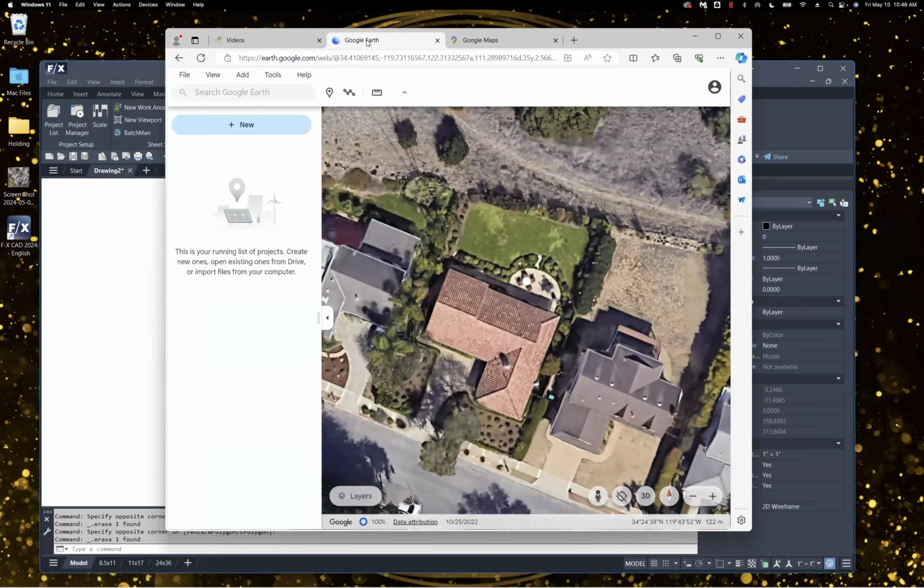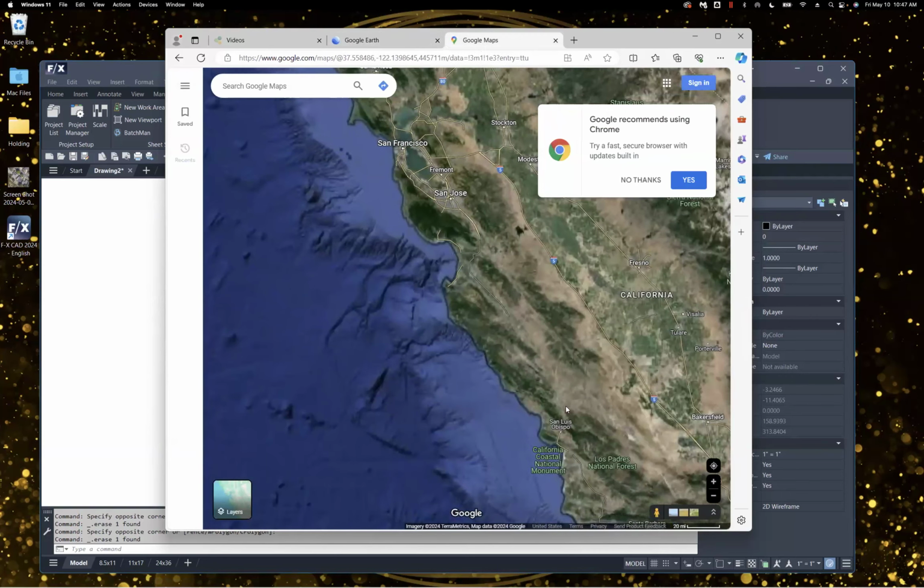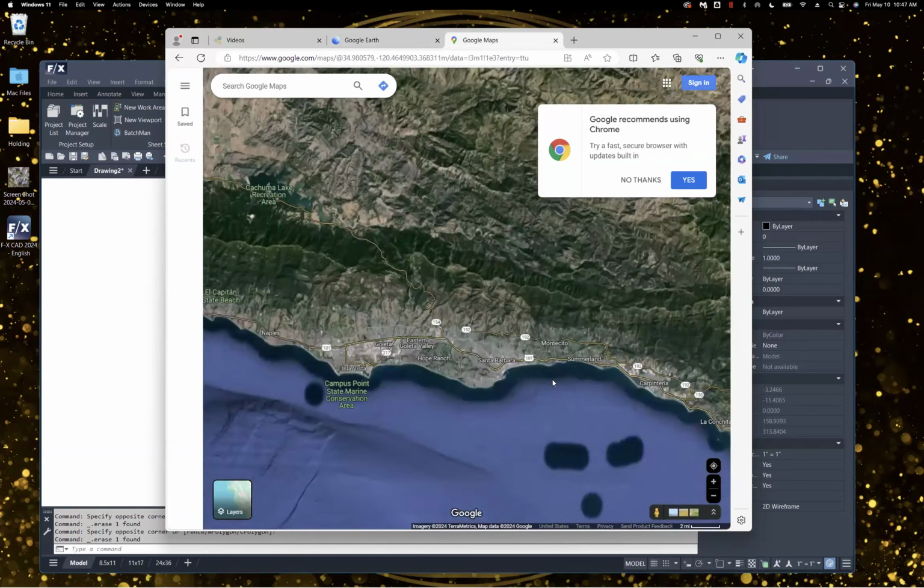There's a couple of things we want to pay attention to before we just start grabbing things at will. And it's worth noting that the process is going to apply to other types of imagery as well, whether it's from a drone or somebody sent you a file to work with. So these steps that we're going to cover will still apply. A couple of things about Google Earth and Google Maps is it might be worth checking both of them. For example, if I just zoom in here and find a house as a reference,